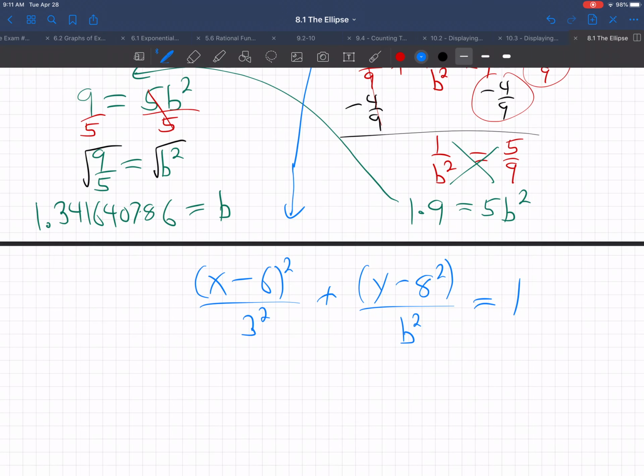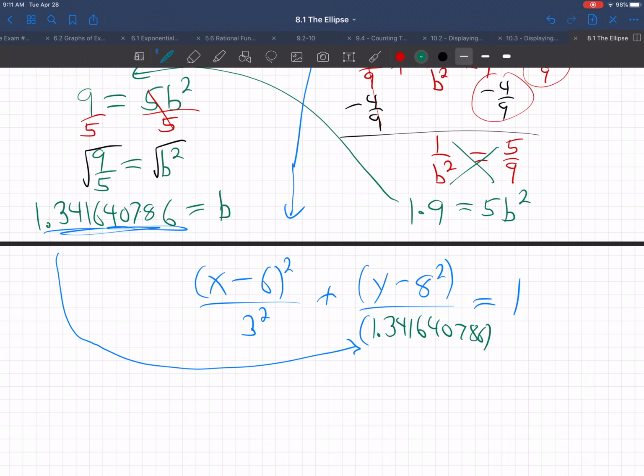And now we know what b is. So plug that in. So that's going to become 1.341640786